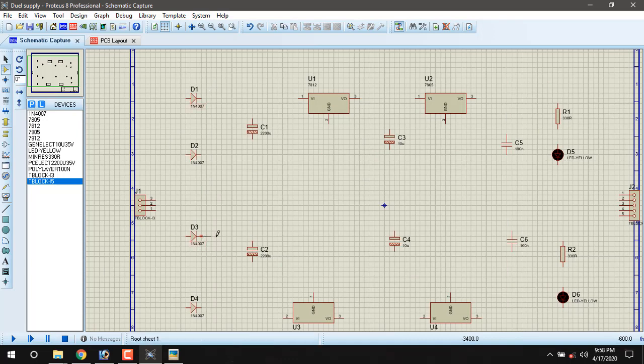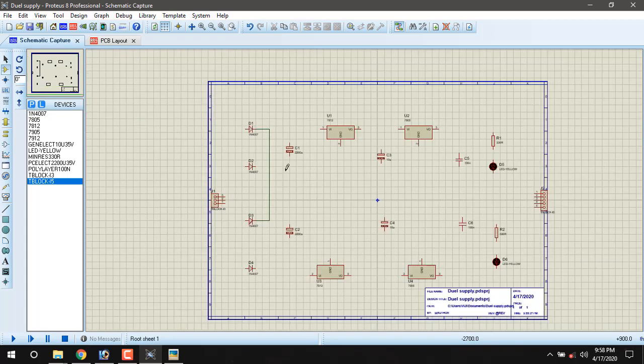D3 and D1, then D2 and D4. This output is positive, this output is negative.